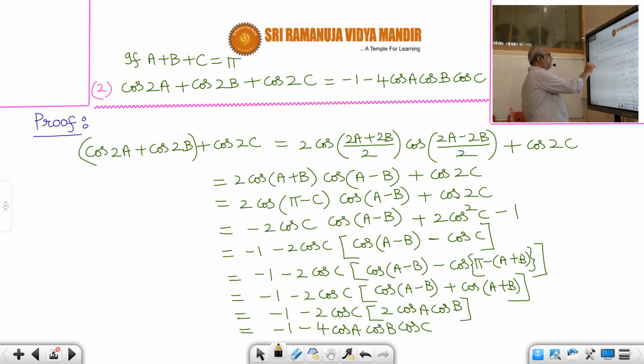But A plus B in the next step is written as pi minus C. Cos(180 minus C) is minus cos C in the next step. Then this cos 2C we will write as 2 cos square C minus 1. So this minus 1 is brought to the forward side, and in the remaining two terms minus 2 cos C common. So in the bracket we have cos(A minus B),